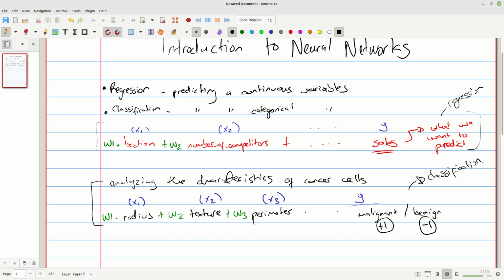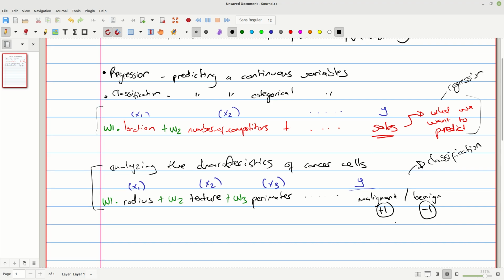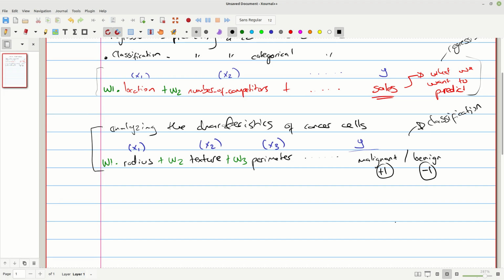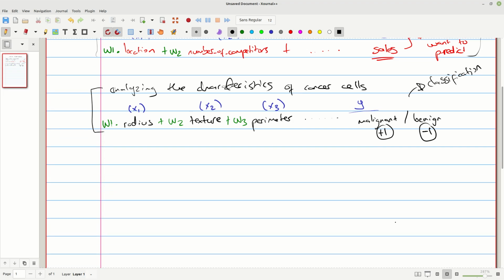We see a pattern whereby we're taking each feature and multiplying it by some weight, which tells us how important that feature is in making this classification. You can think of it that way in a loose sense, but this is essentially the pattern we're seeing here.